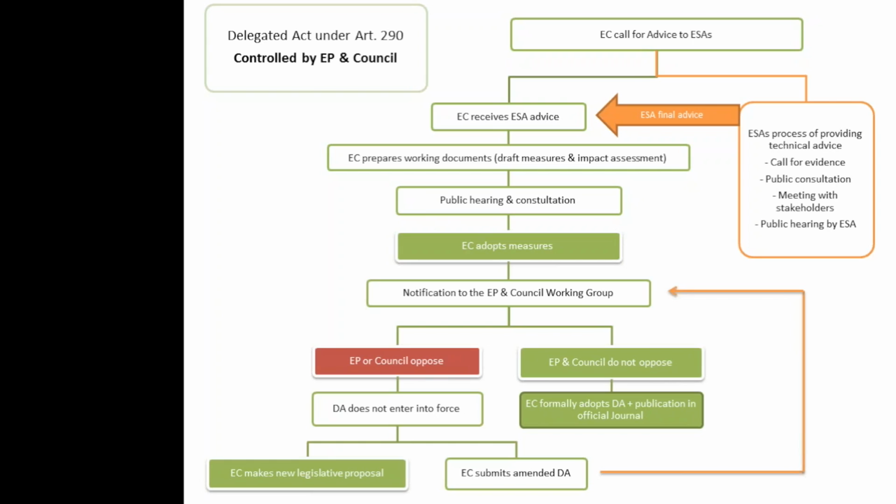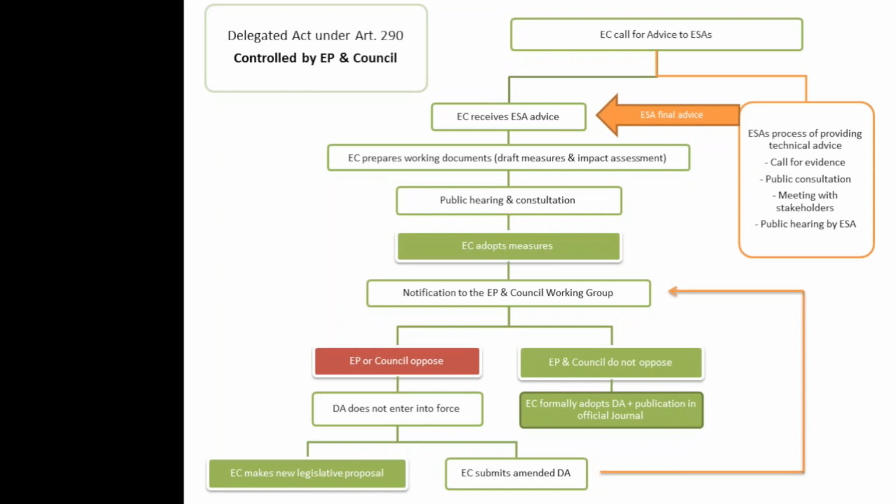The power of scrutiny over the Commission is exercised by majorities, as I said before, by the absolute majority of the EP and the Council in the set period of time. So if that happens, and the Commission disagrees, and there was a revocation of the delegation,